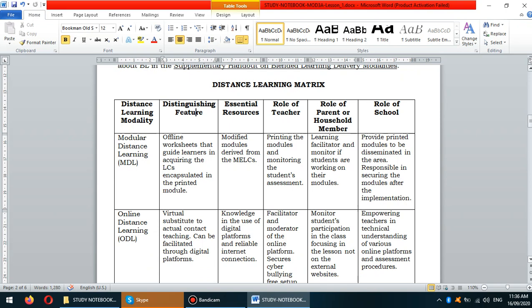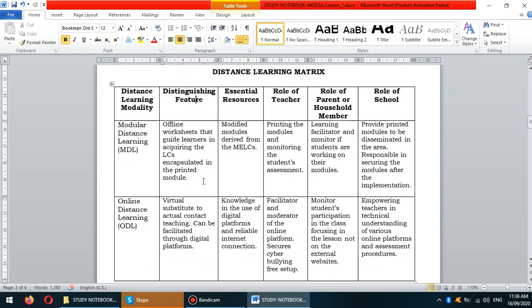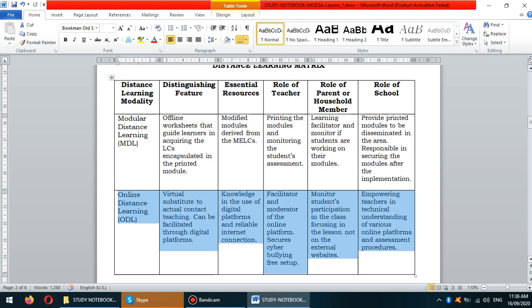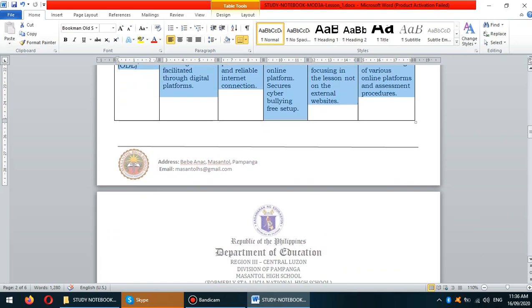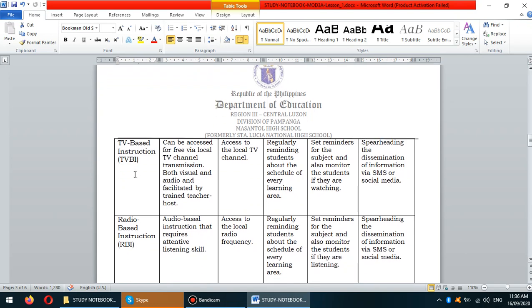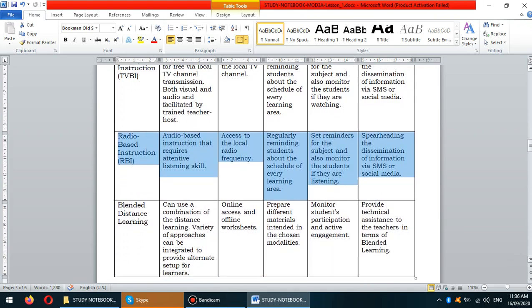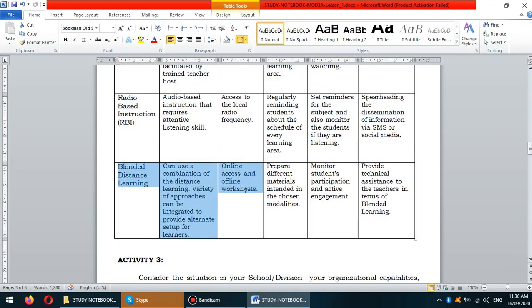Now, for the modular distance learning MDL, these are my responses. Okay, that's my responses for the MDL. I also have my responses here for the online distance learning. I will be highlighting them. Okay, that's it. And aside from these 2, you have also the TV-based instruction and the radio-based instruction, because they also differ when it comes to the feature. And we have the blended distance learning that we already